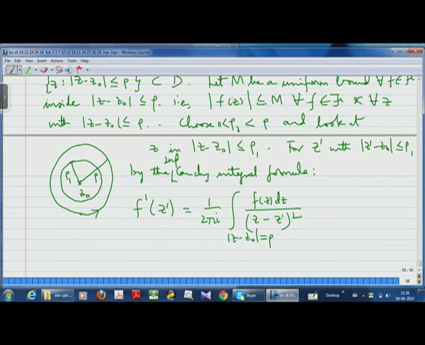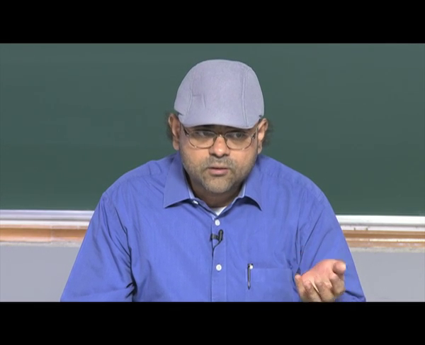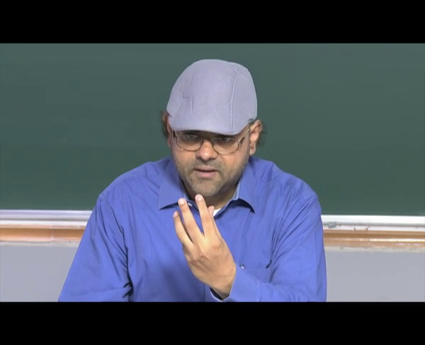What I am trying to show is that in the smaller closed disk all the derivatives are bounded, and because all those derivatives are bounded in the smaller closed disk, the family is equicontinuous. So all I am saying is that pick any point, there is a small closed disk around that point where the family is equicontinuous, and since the point that you picked was arbitrary, this will tell you that the family is equicontinuous on all of D. So you get equicontinuity for free, and the reason is because you have the Cauchy integral formula.